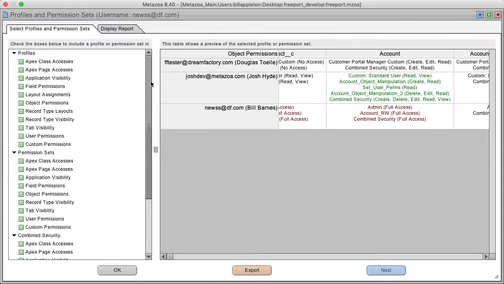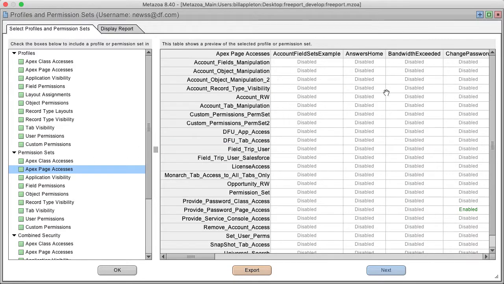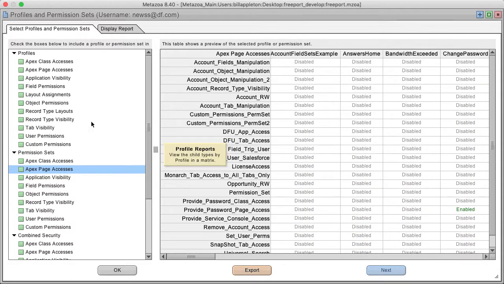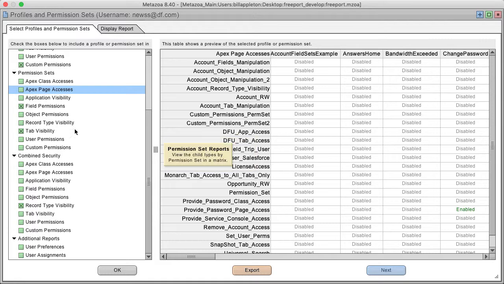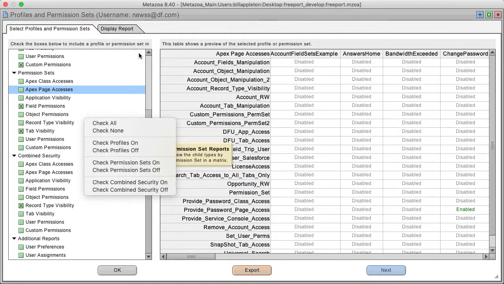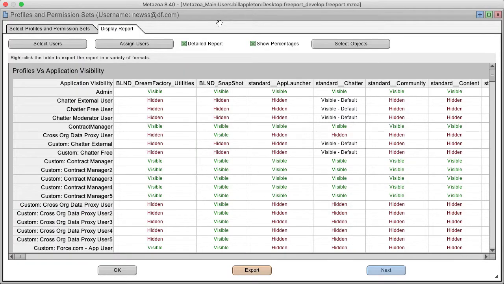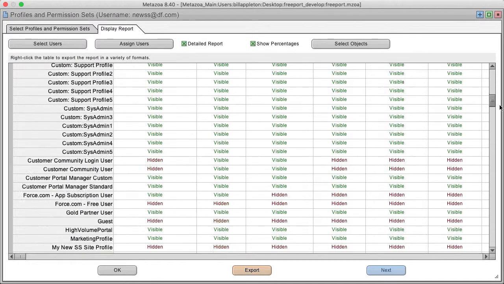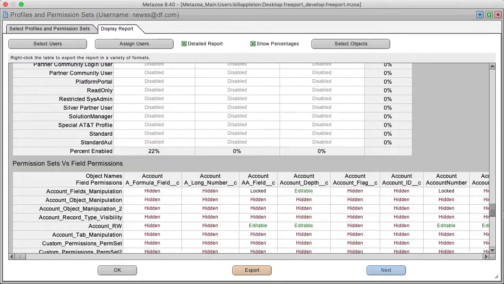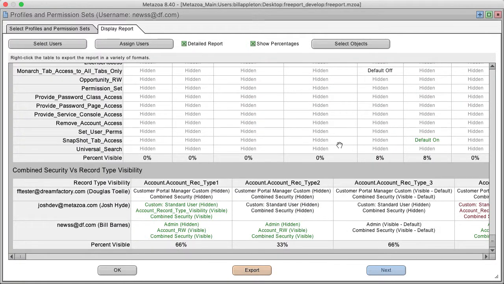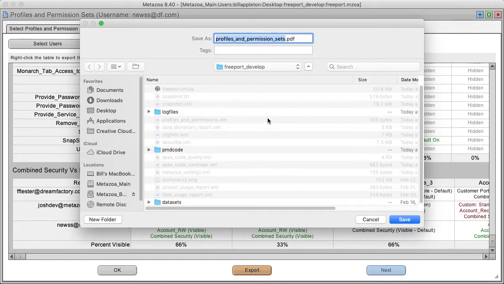Okay, so once you've looked at the different preview matrix reports and decided what you want, you can click on the reports that you're interested in over here at left, or you can right click to select them all if you want, and then you click the Display Report tab, and now you have a giant roll-up of all of those different reports. And you can of course click the Export button and save them as a PDF for colleagues or to archive